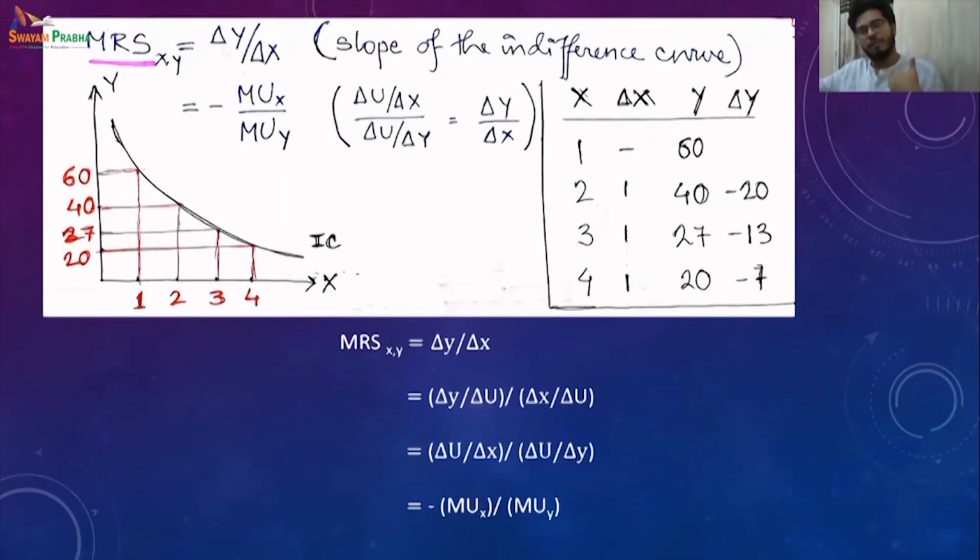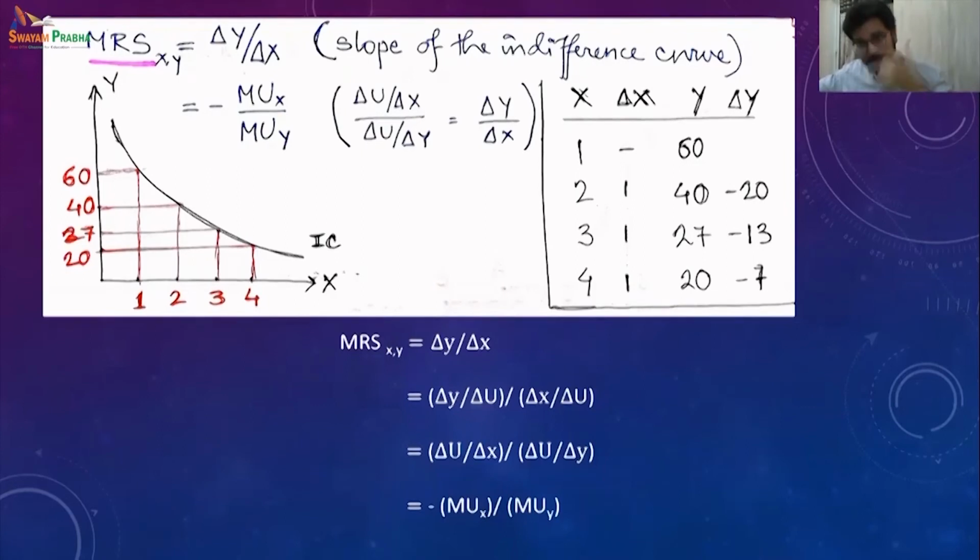So if I want one extra unit of X, which I do not have many of, I have just one X, so going from 1 to 2, how many Ys am I sacrificing? I am ready to sacrifice a larger quantity, because I have enough of Y. With this many Y, I am not getting enough satisfaction, because my marginal utility of Y is also decreasing my total utility. So I don't want that many Y, and I am sacrificing at a higher number: 20 I am giving away to get just one unit of X.